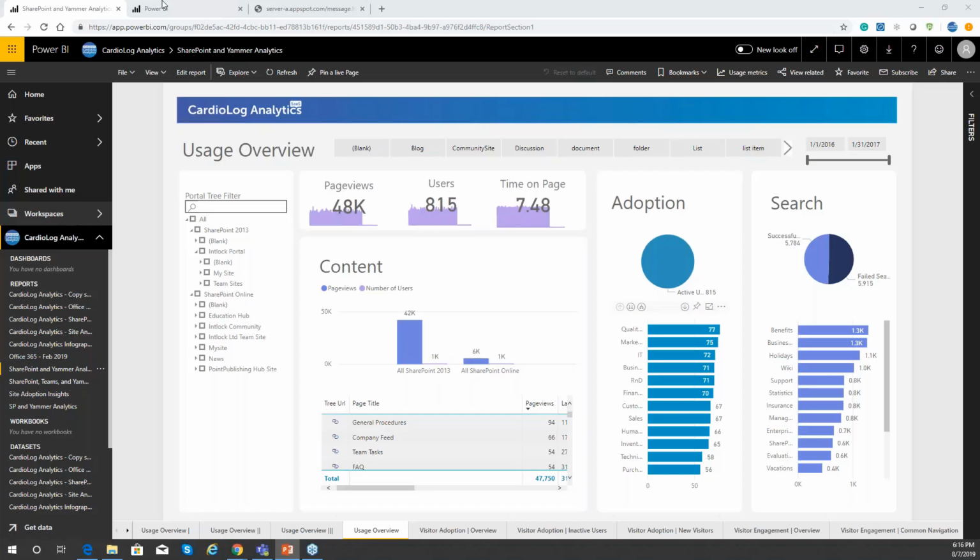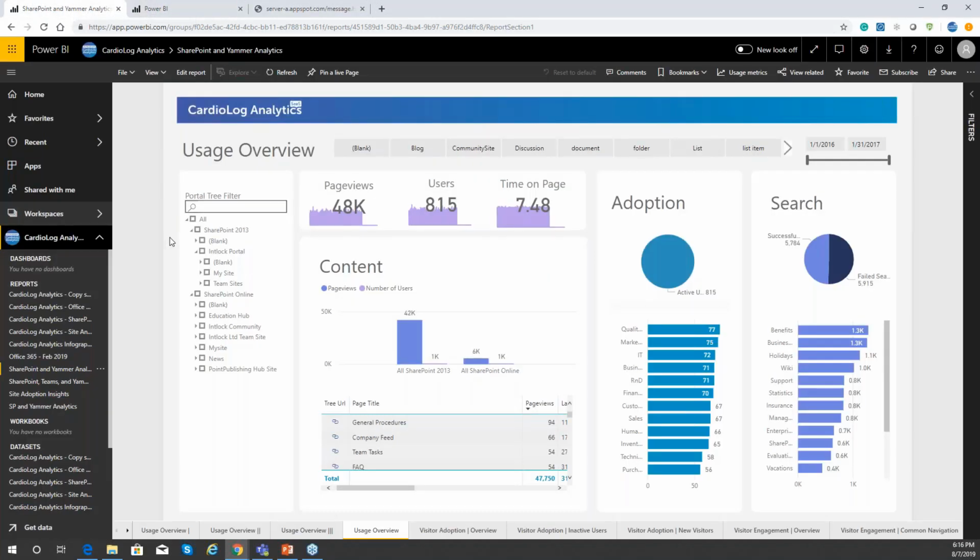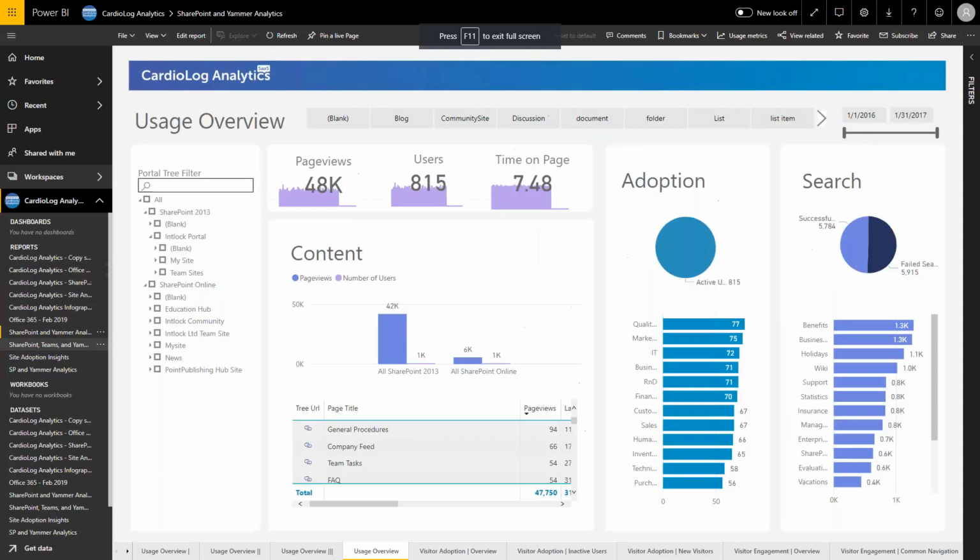So now we're going to dive right into the demonstration of the tool. So as you can see right here, I'm showing the first dashboard of CardioLog Analytics. You can see here the usage overview. At the bottom of my page, you can see different tabs. So each tab is a pre-built dashboard that you'll get from day one